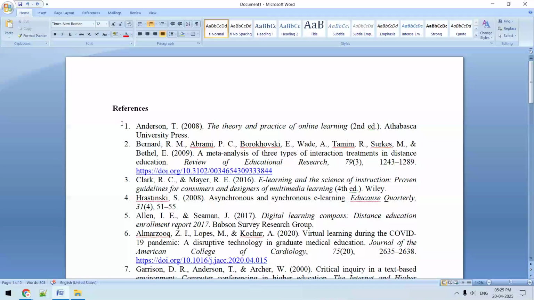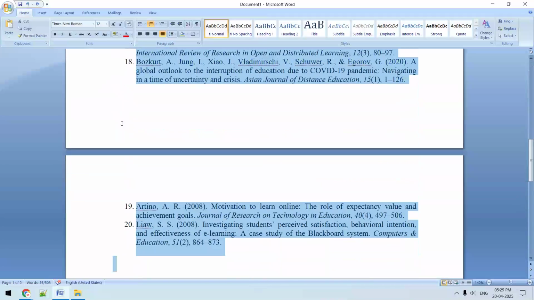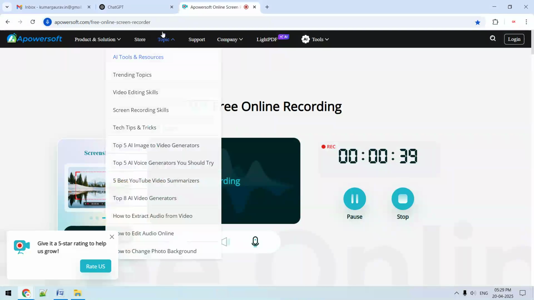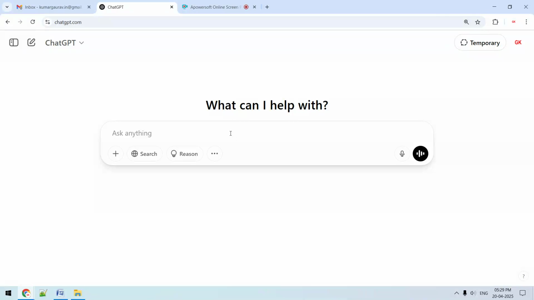So what we will do, we will simply copy these references. Whatever references you are taking in your paper or thesis, you can copy. And now we will come to ChatGPT or any other AI chatbot, and here we will write: generate visual